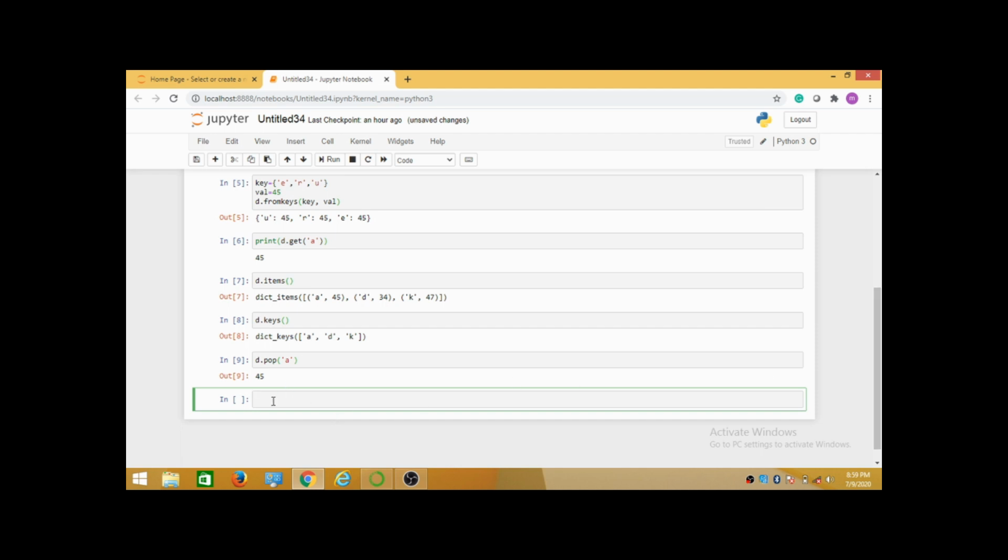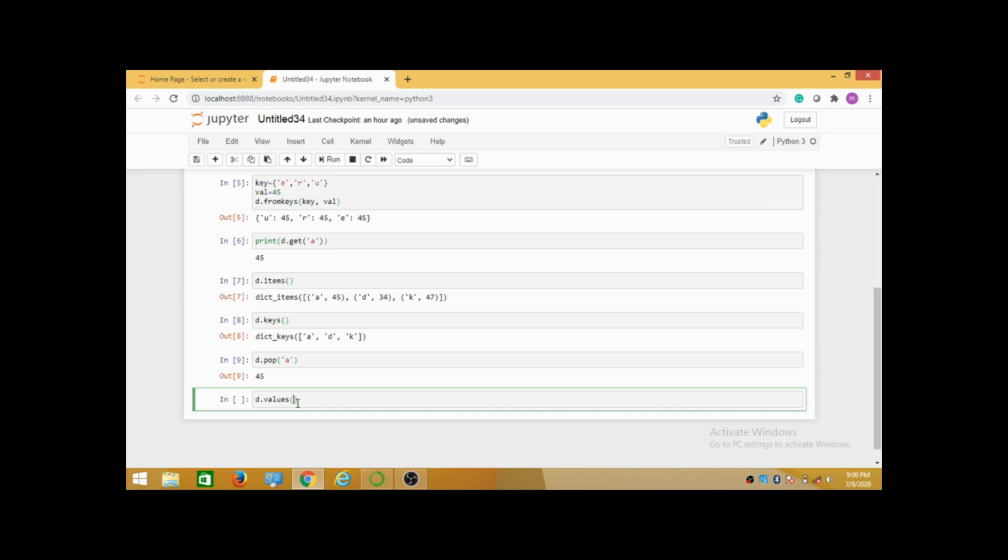And the next function is d dot values. In the previous one we saw what keys are available in that dictionary. Now we can see what values are available, or what values we gave for those keys.